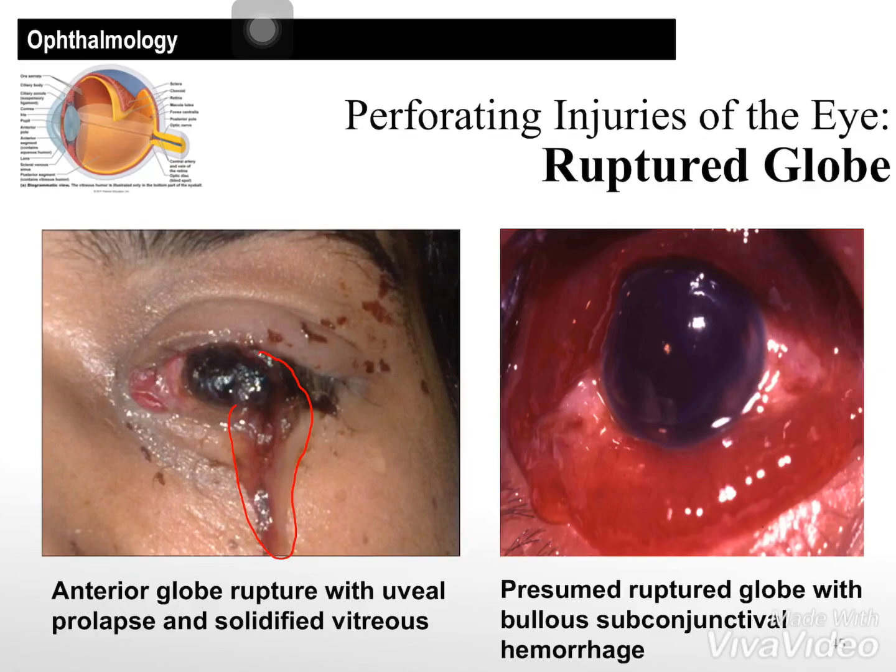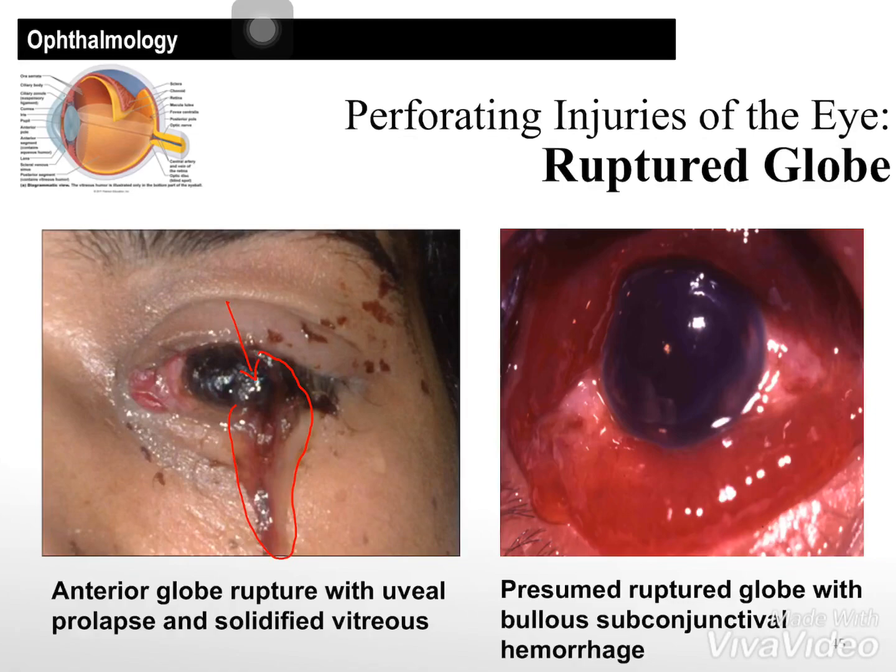No, it seems to be connected to the eye. That is already your vitreous that has prolapsed. This area here is a dried up uvea. No? It is impossible to save the vision of this patient's eye, and most likely you need to enucleate or